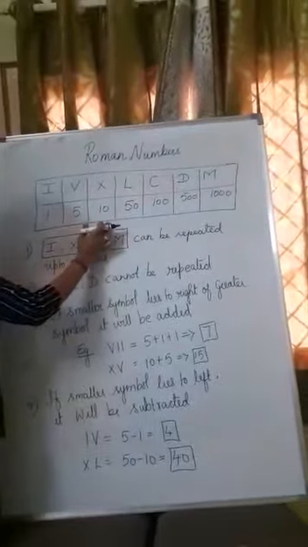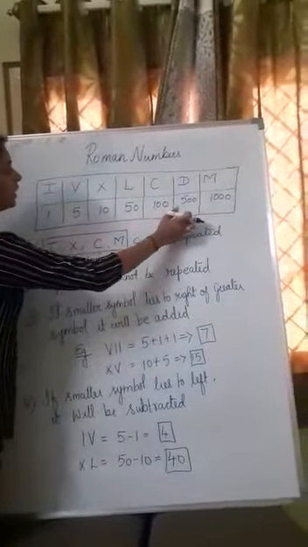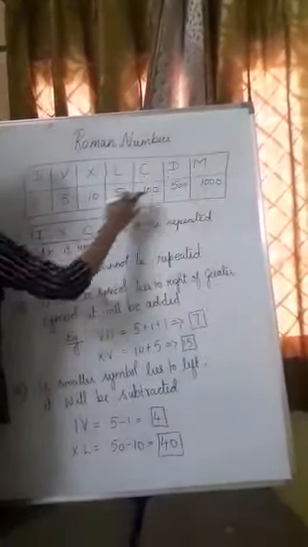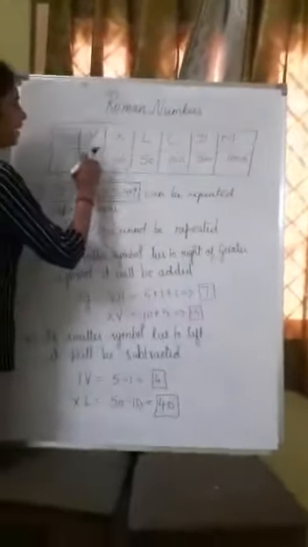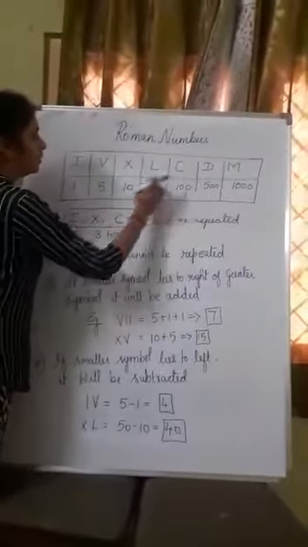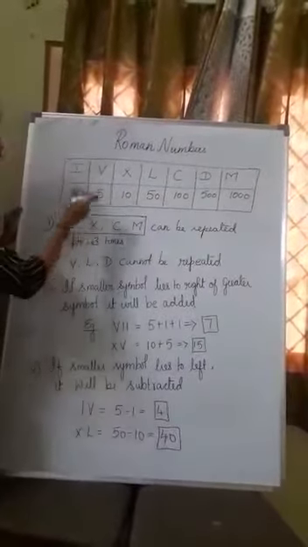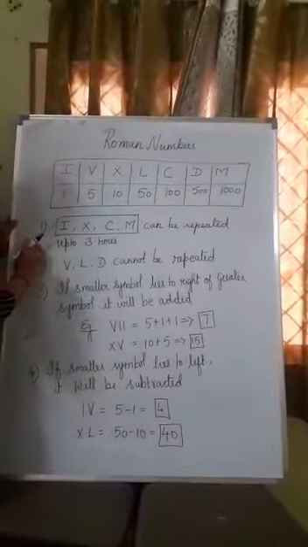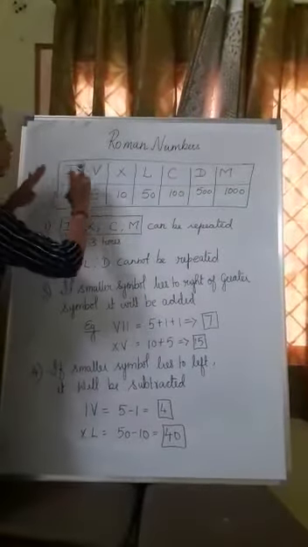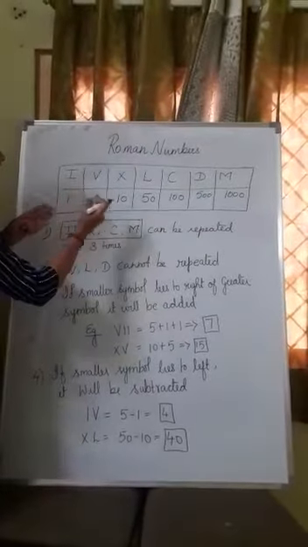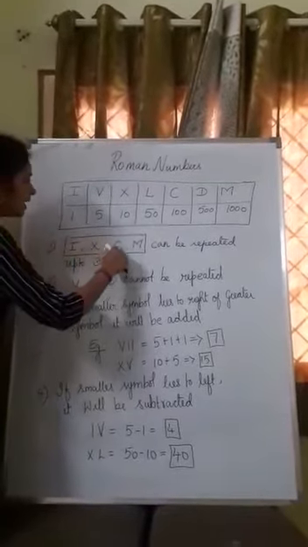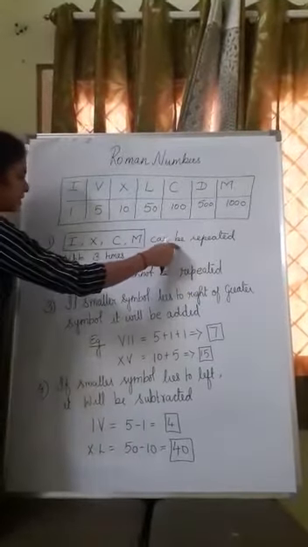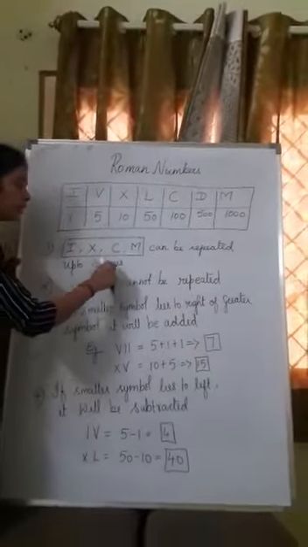We use the symbol for 1, 5, 10, 50, 100, 500 and 1000. You can see that the symbols are used for the combination of 1 and tens, and similarly 5 and the multiple of 5 with tens. Now the rules are, the first rule is, out of these 7 symbols, 4 symbols can be repeated and 3 symbols cannot be repeated. I, X, C and M can be repeated, but there is a restriction. You can repeat it up to only 3 times.